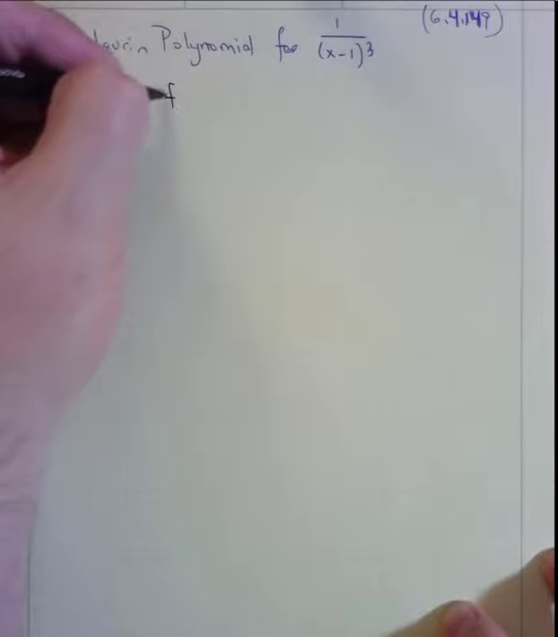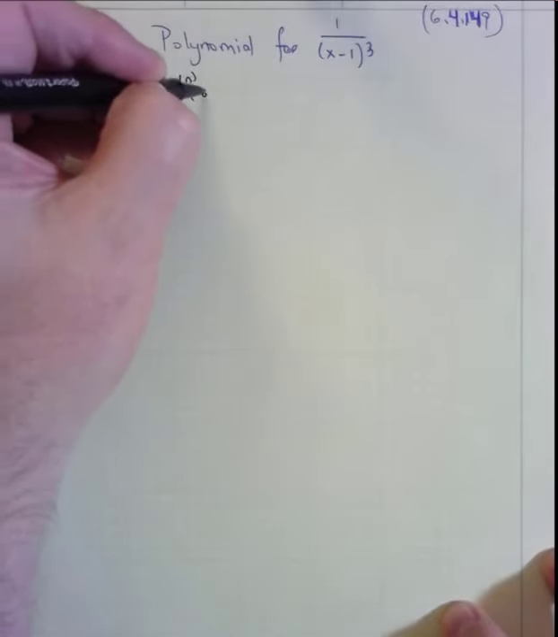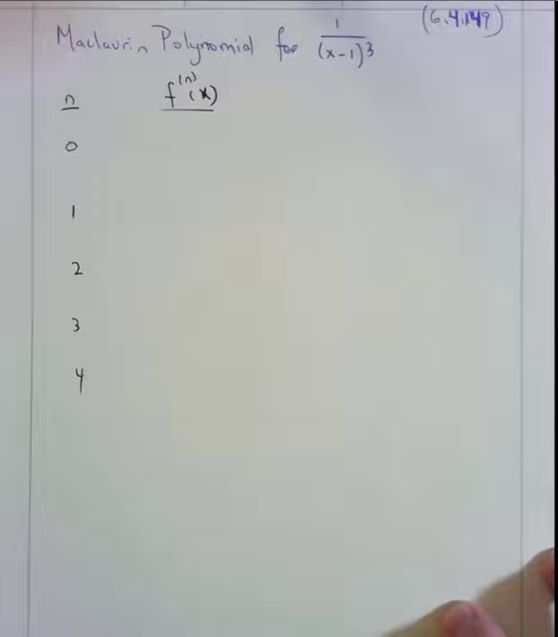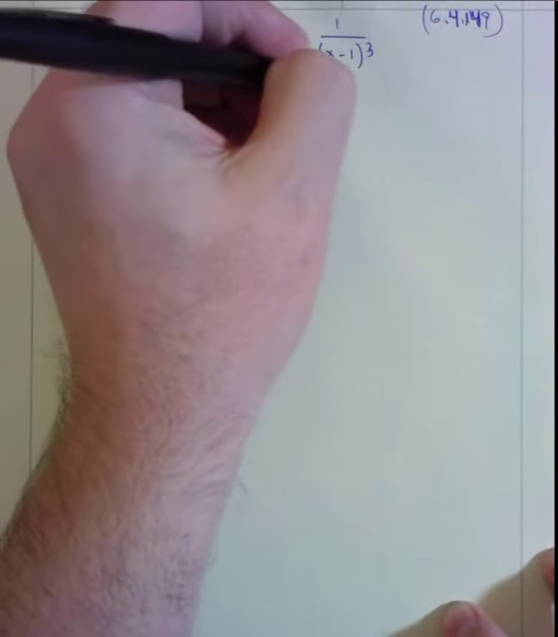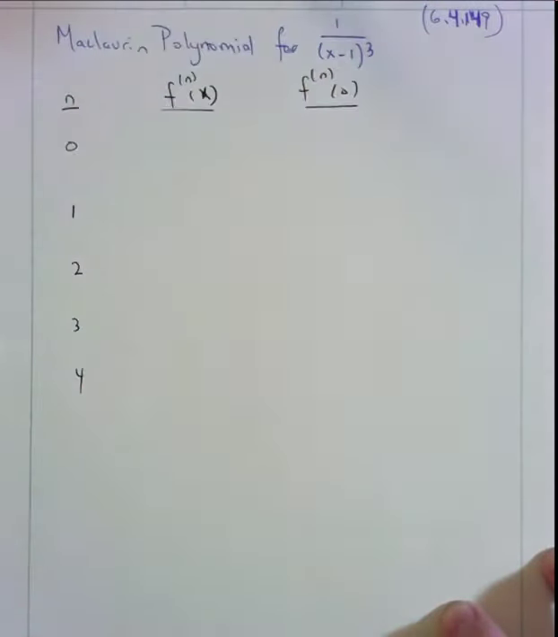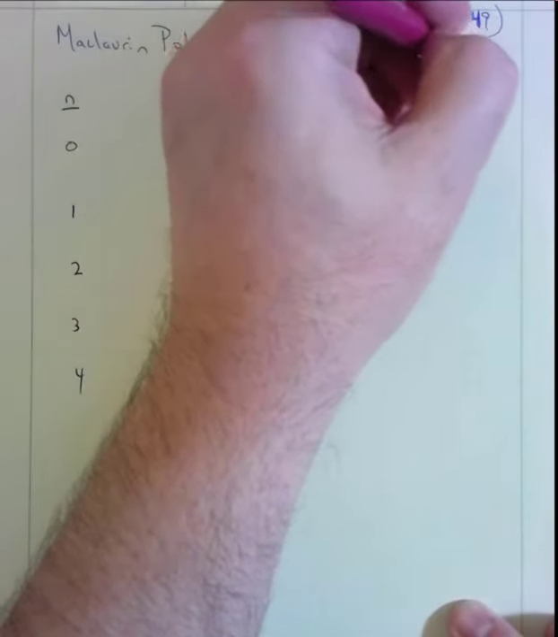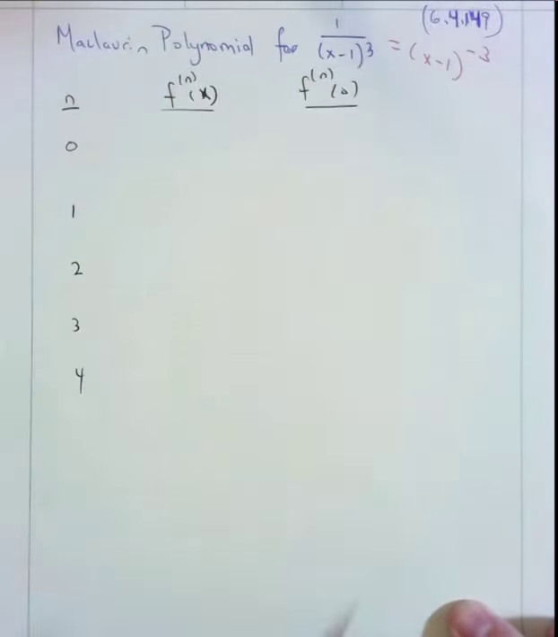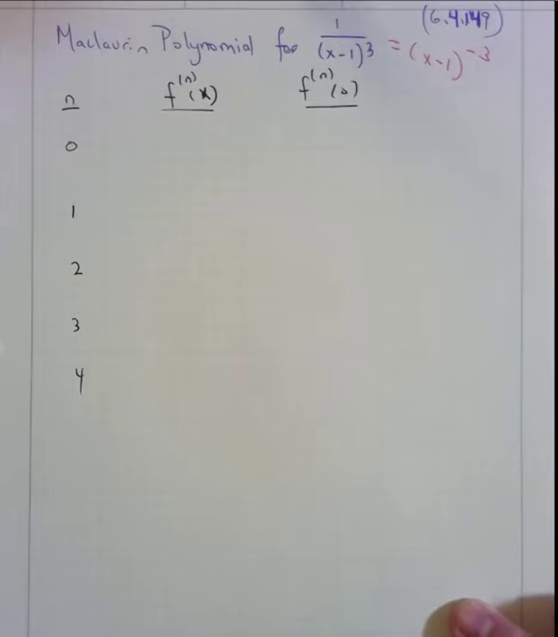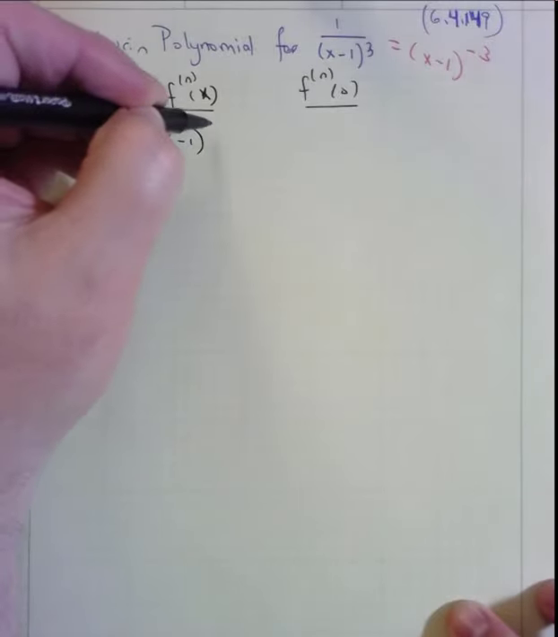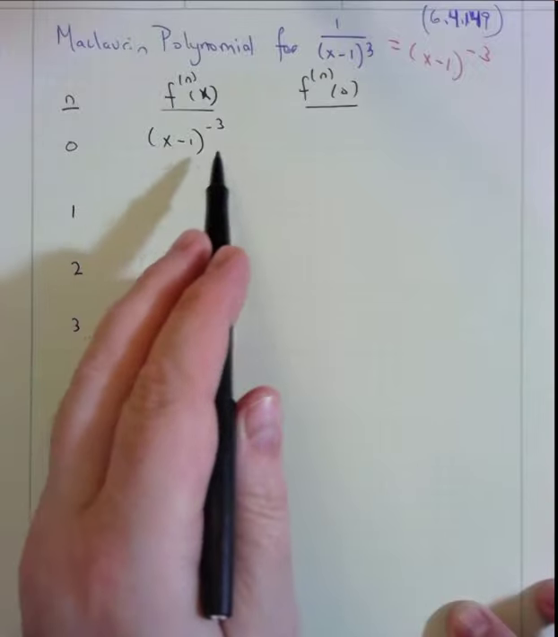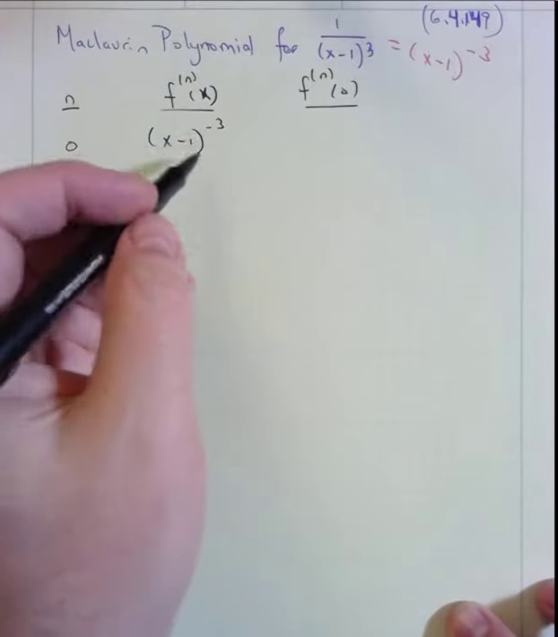I'm going to write down the nth derivative of the function, and then we're going to plug 0 into that nth derivative. Now the function is also known as x minus 1 to the negative 3. So we'll think about it like that to make the derivatives roll out a little bit more easily. Now the zeroth derivative is just the function itself. And when we plug in x equals 0, we're going to get negative 1 to the negative 3rd power, which